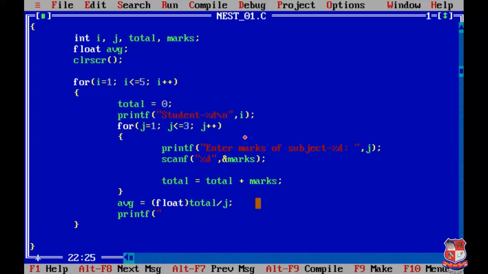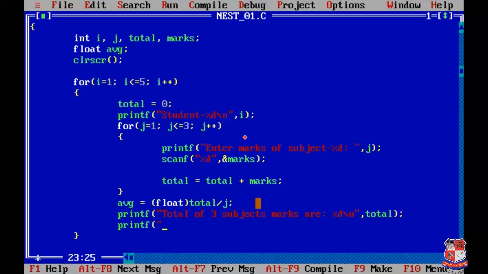Firstly we'll print the total: total of 3 subjects marks are, we'll write percentage d. From where can we get the total? It will be from the total variable. We'll use slash n also because we have to print the next printf statement in the next line.